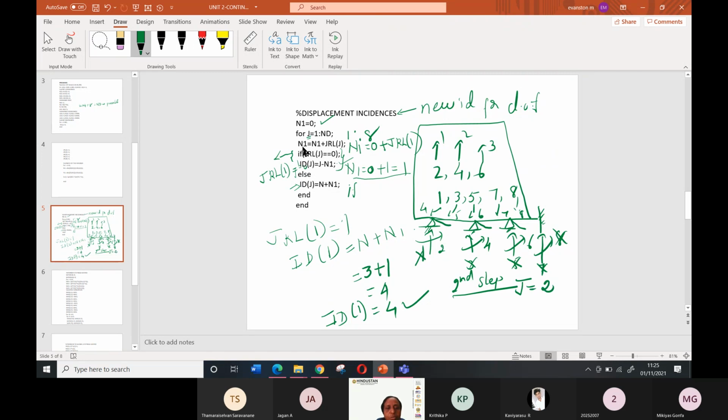If j is equal to, what is your n1? n1 has become now 1. So the computer will store that one only. Initially it was 0, now it has become 1. So n1 is equal to 1. n1 is equal to n1 plus